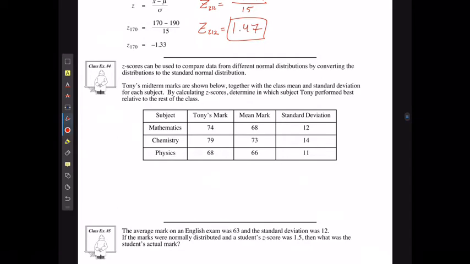Z-scores can be used to compare data from different normal distributions by converting the distributions to the standard normal distribution curve. So, Tony's midterm marks are shown below, together with the class mean and standard deviation for each subject, by calculating z-scores to determine which subject Tony performed best at relative to the class. So we're going to do the z-scores separately. First, we're going to solve for the z-score